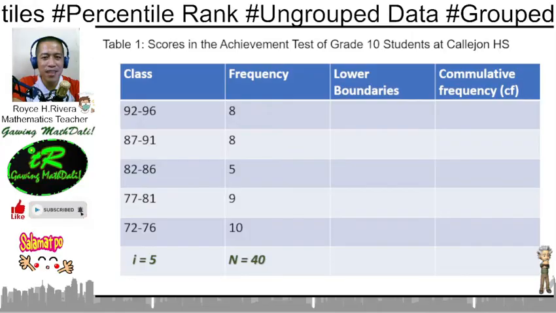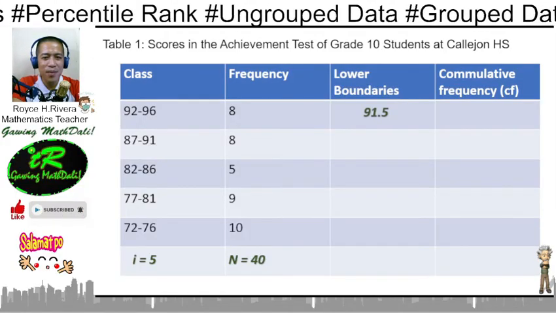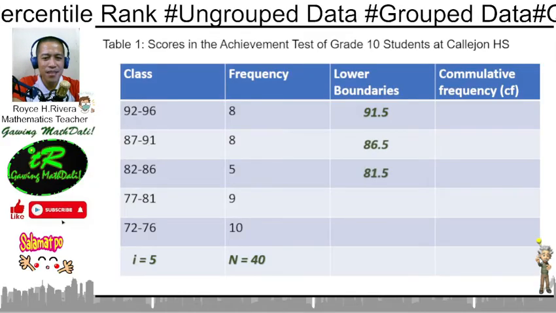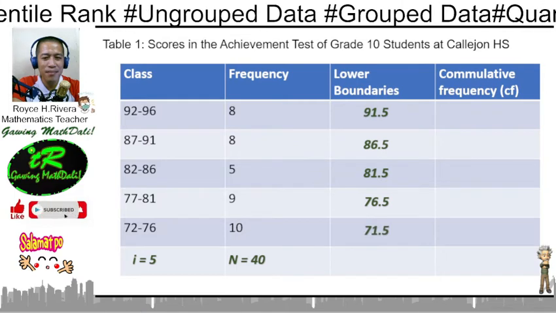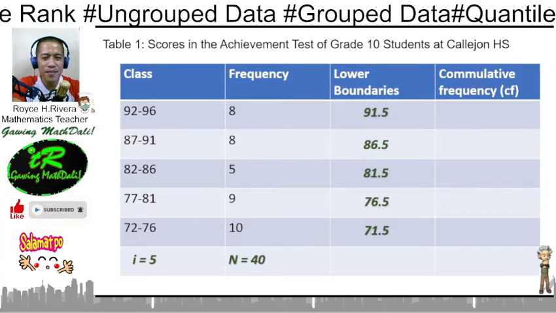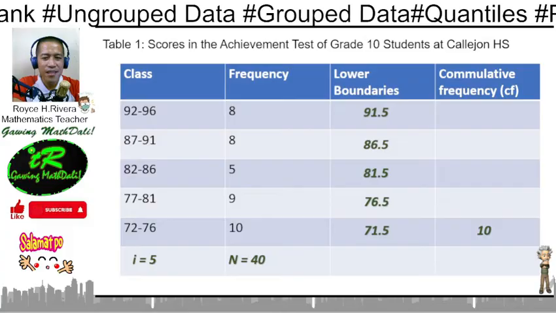The lower boundaries of each class: 91.5, 86.5, 81.5, 76.5, and 71.5. For the cumulative frequency, we have 10